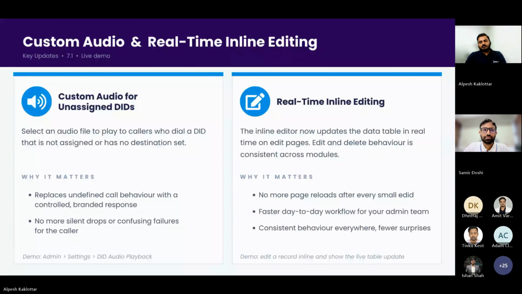This is one of the most demanded features: custom audio for unassigned DIDs or not-in-use DIDs. Till now in ASTPP, whenever any DID number is not assigned to any customer, or is assigned to a customer but the destination is not set, or the DID is inactive, and someone tries to call that DID number, the call automatically gets rejected without any notification. The problem was that the caller got confused about why the call was getting hung up. So now we have introduced